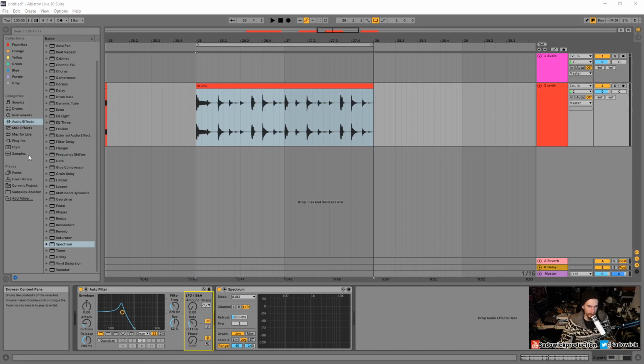What it's going to do when I increase the amount is move this back and forth, and it's going to sound really neat. So I'm going to increase the amount here. Right now it's very slow. I can actually speed it up. The rate, right now it's 0.11 hertz. If I set it to 0.10 hertz, that's very slow. If I set it to a faster speed,